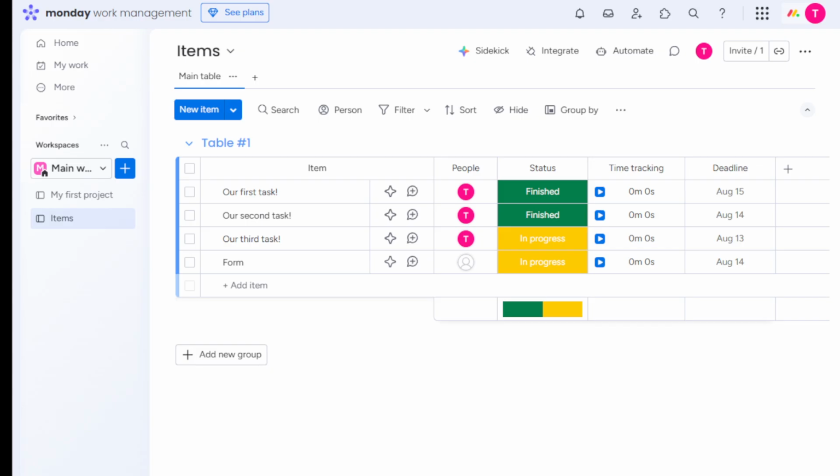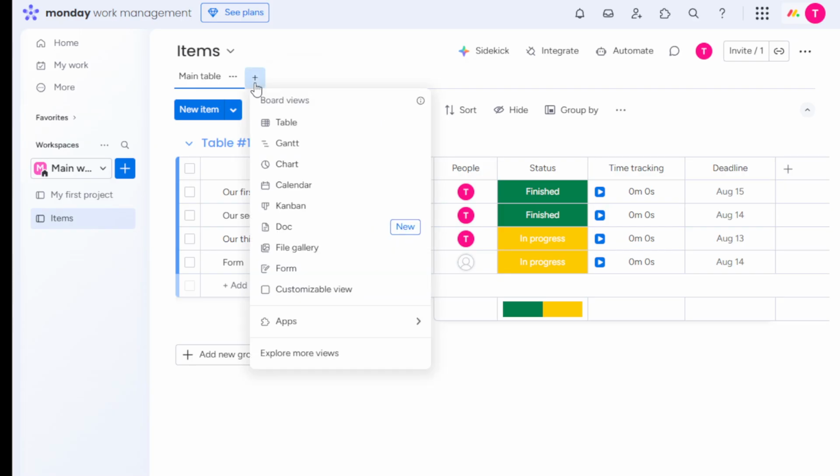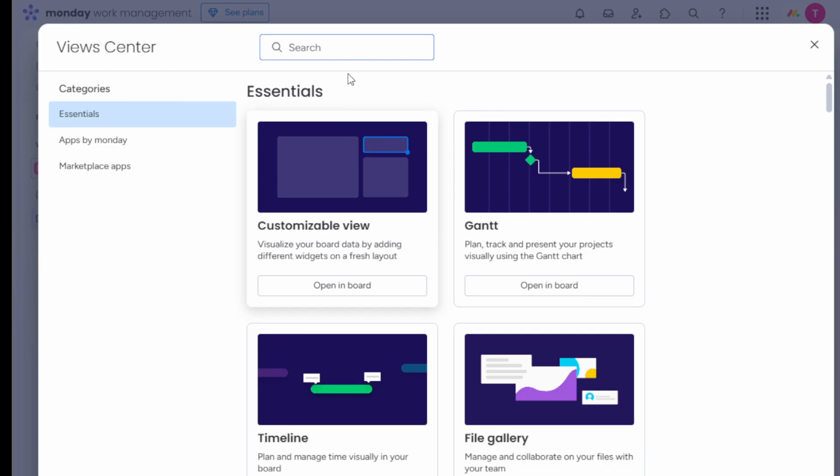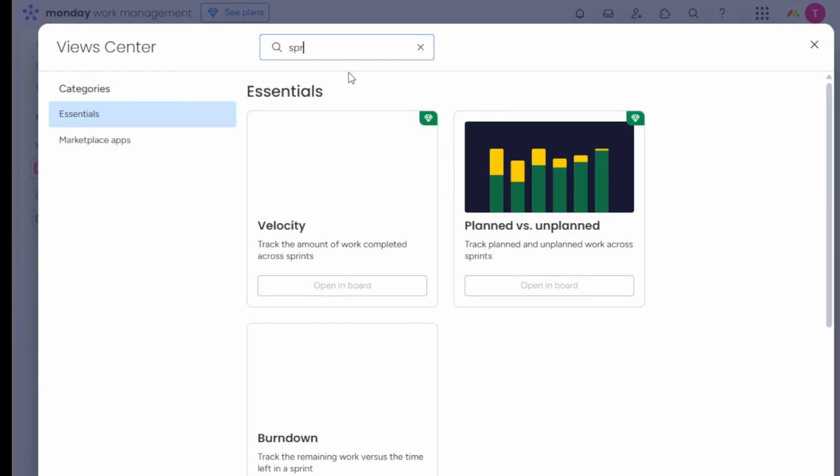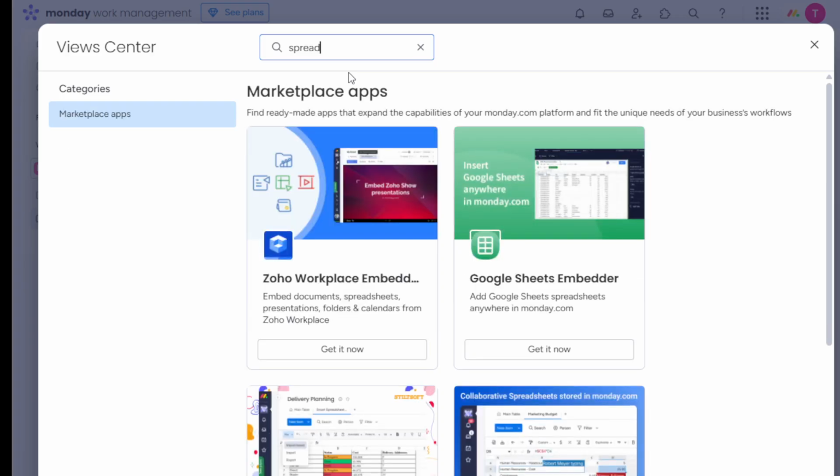First off, let's get started by opening your Monday.com board where you have all your tasks and data organized. Once you're there, look for the option that says plus Add View on your board. This may usually be found towards the top of your screen, ensuring that the layouts you choose are just a click away. It's through this feature that Monday.com allows you to customize how your information is displayed, and it's a fantastic way to switch between different types of visualizations, from Kanban to Gantt charts to the spreadsheet-like table view we're